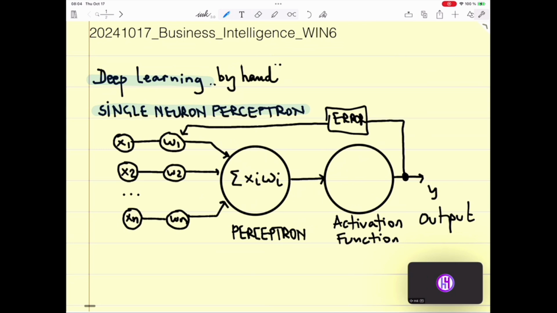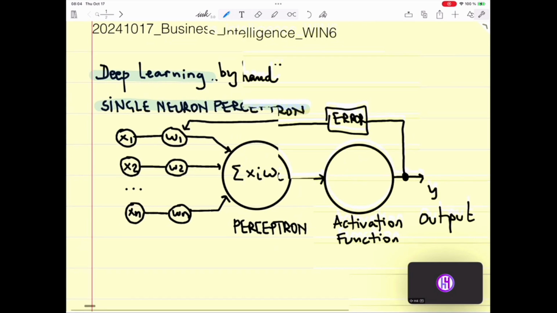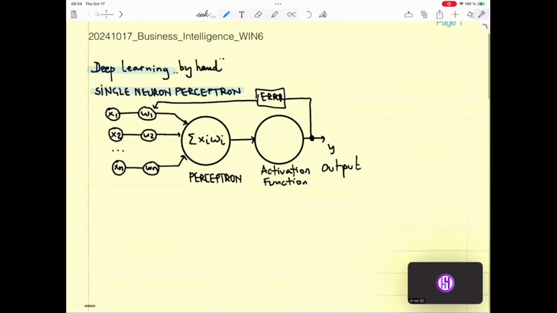So we actualize the weights and create a feedback loop that is going to measure or adjust the weights when we do it. So let's go through this cycle